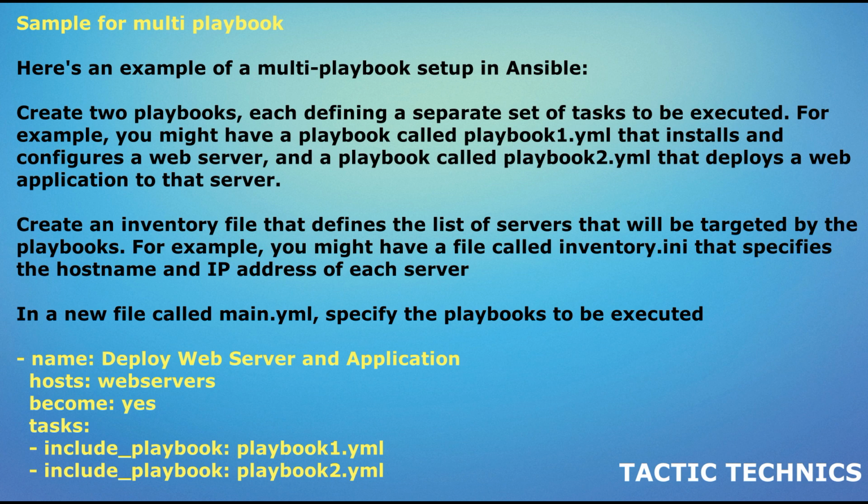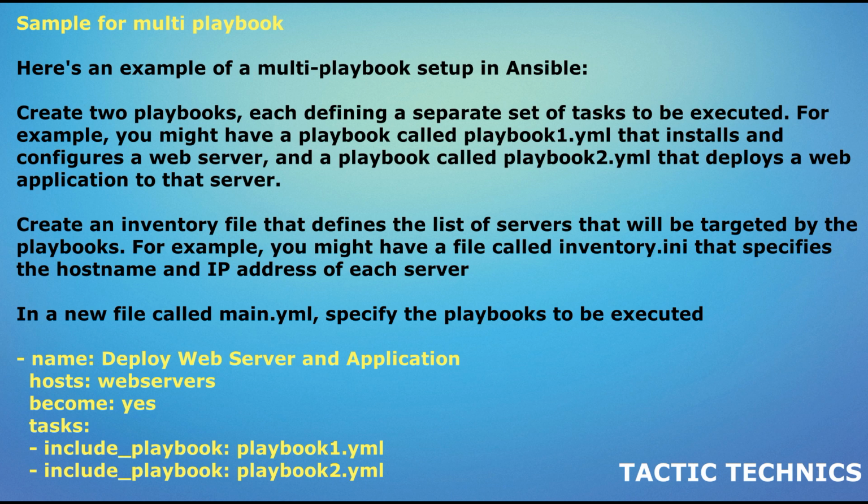Create an inventory file that defines the list of servers that will be targeted by the playbooks. For example, you might have a file called inventory.ini that specifies the hostname and IP address of each server. In a new file called main.yml, specify the playbooks to be executed and the order in which they should be executed. For example: name: deploy web server and application, hosts: web servers, become: yes, tasks: include_playbook playbook1.yml, include_playbook